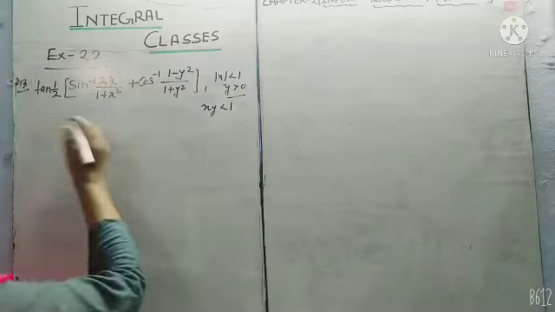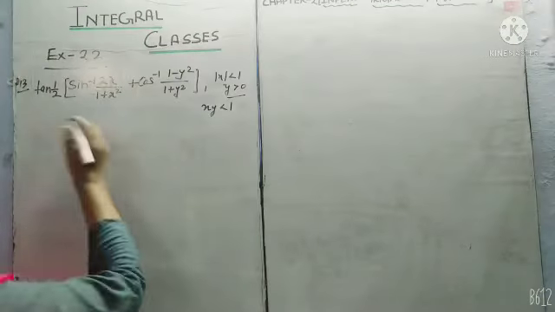Question number 14, we are given sin inverse 1 by 5 plus cos inverse x equals 1. Now we will find the value of x. So firstly we will transport sin inverse 1 by 5 to the other side, so it will become sin inverse 1, and what is the value of sin inverse 1? It will be pi by 2.